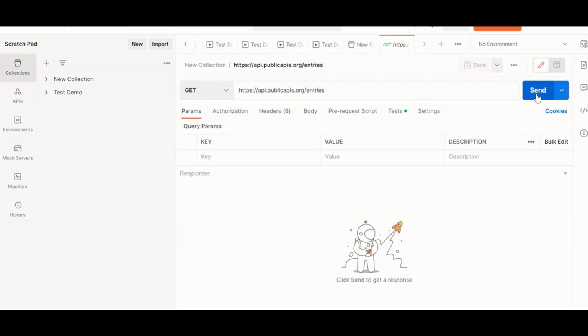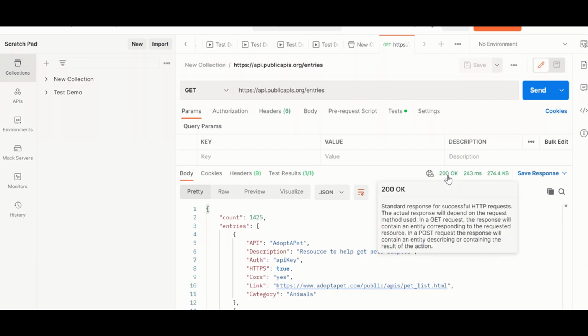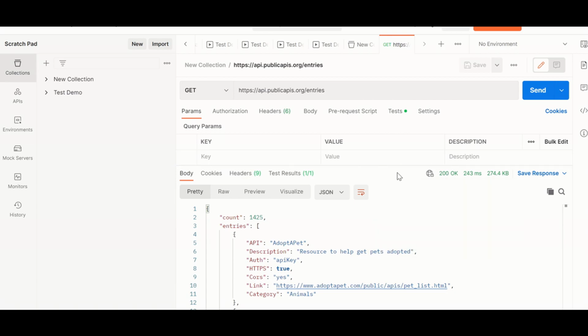Once you send it, as you see in the response here, there's a bunch of entries with different APIs. And as you can see here, this is the status I was talking about. When it's successful, it's 200. Now, another test we can do is copy this. We'll get another example out of it. Let me just use this and copy that